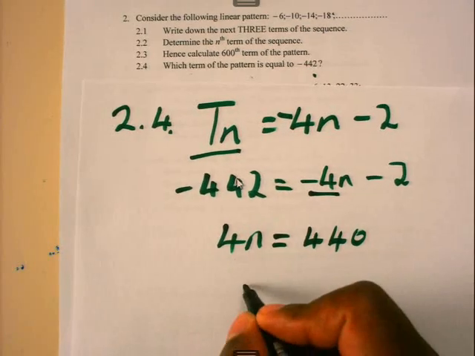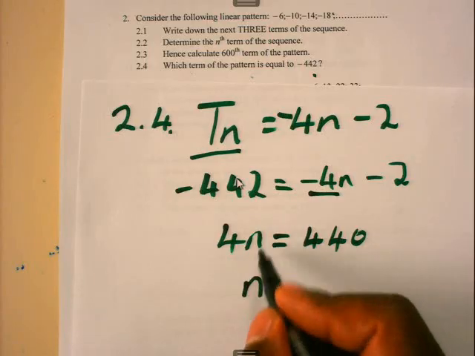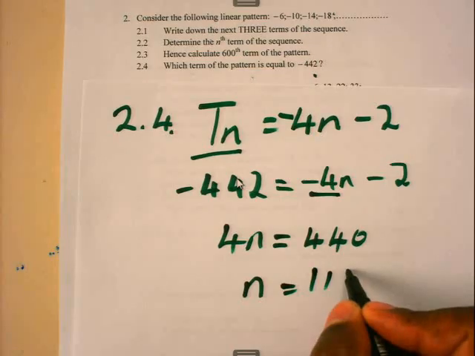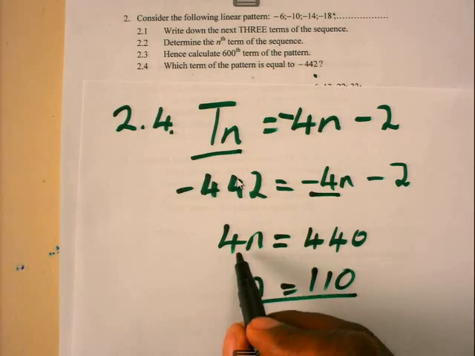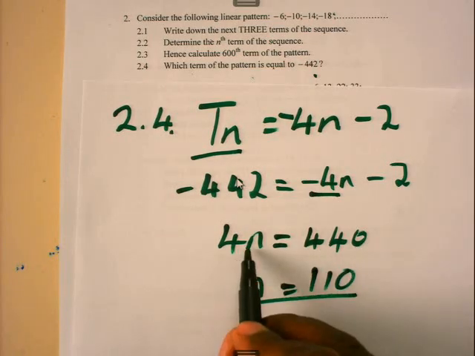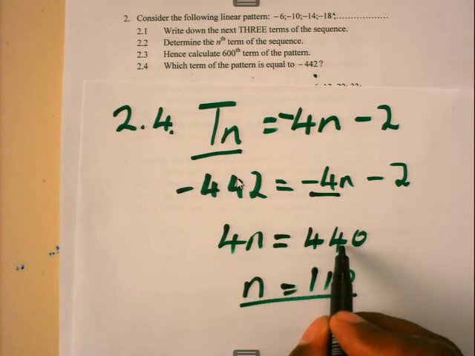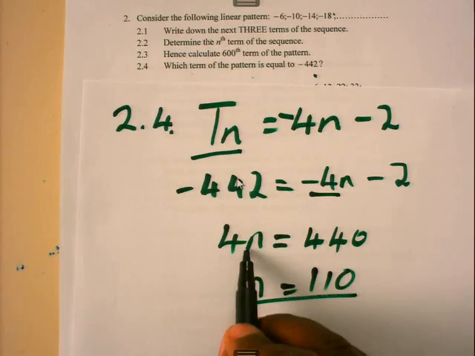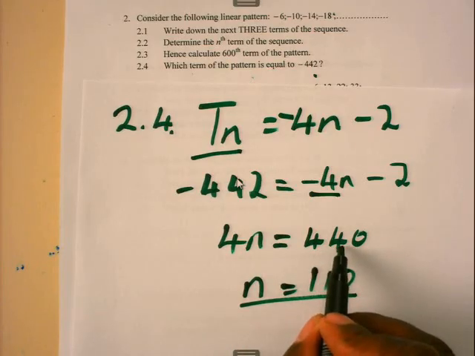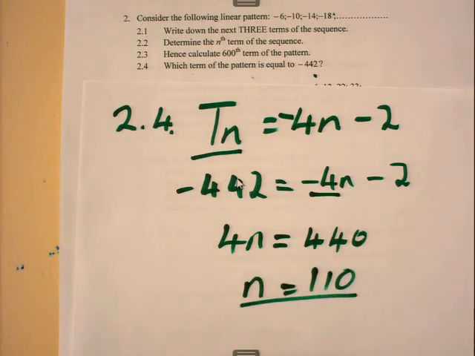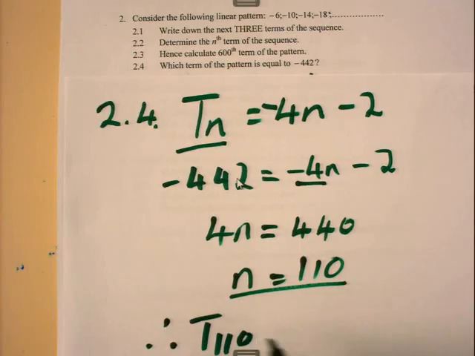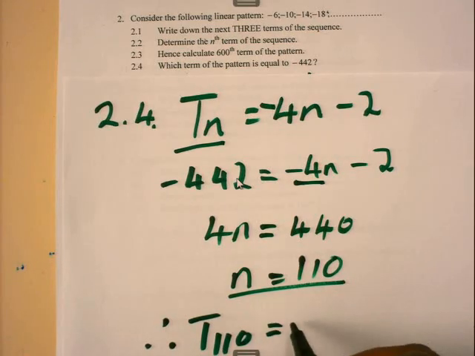Now we just have to divide by 4 both sides to determine the value of n. 4n divided by 4 is n. 440 divided by 4 is 110. Because what you do on the left, you also do on the right. If you divide the left-hand side by 4, you must also divide the right-hand side by 4. So n is equal to 110. What does that tell us? It therefore means term number 110 is equal to negative